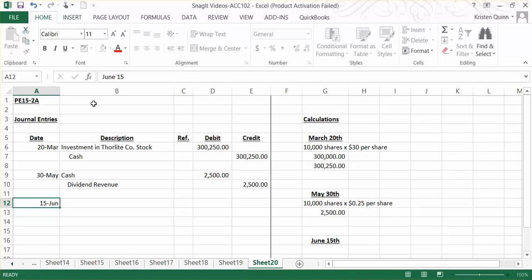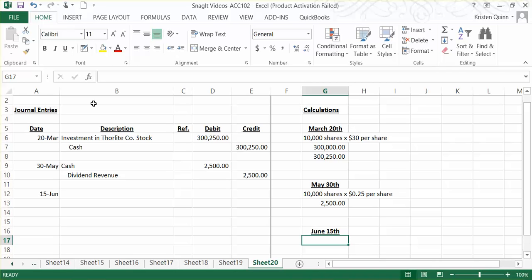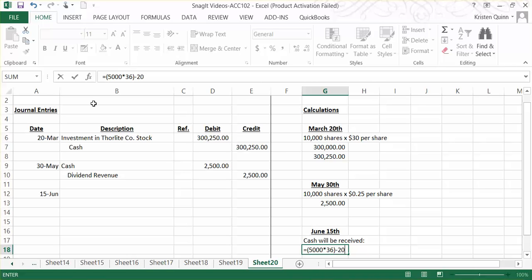And finally, on June 15th, we are going to sell some of our shares of Thorlite Company stock. They tell us that we're going to sell 5,000 shares of the stock for $36 per share, less a $200 brokerage fee. So first, let's figure out how much cash will be received for this sale. So we are selling 5,000 shares. We're selling them for $36 per share. However, we have to pay a $200 brokerage fee in order to make the